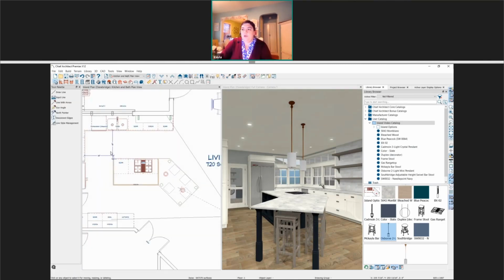Now I'm going to block these items together and save them to the library. So to do that, I'm going to just marquee across. This works best if I do not have anything in my hand, so my cursor is in select mode. Draw a marquee across, so it's going to pick up all the items of my island. Then down in my edit toolbar, I'm going to block them together.